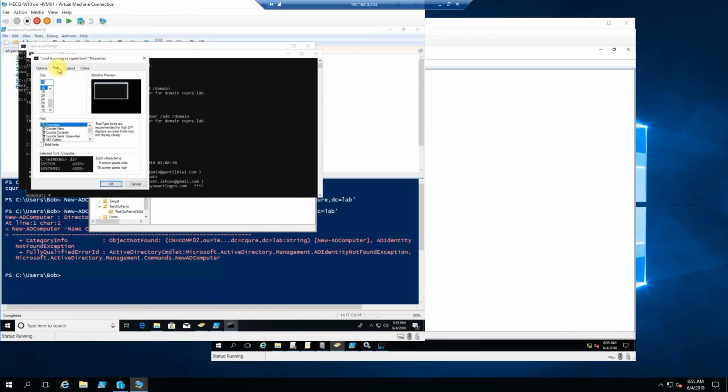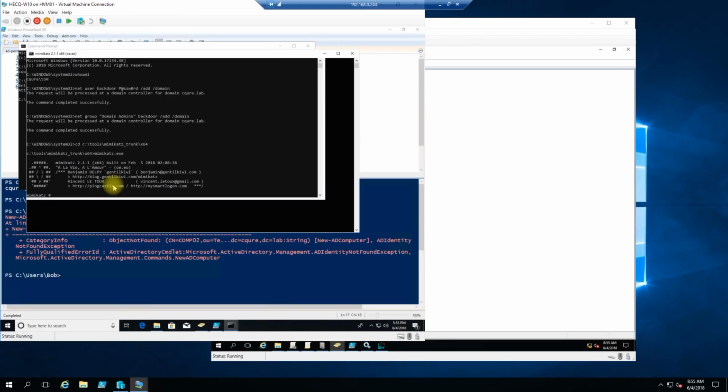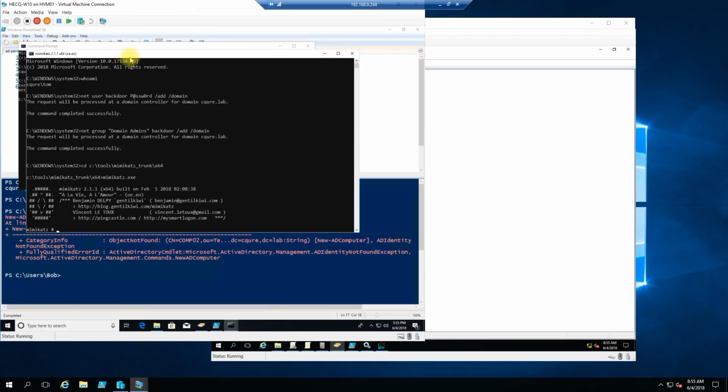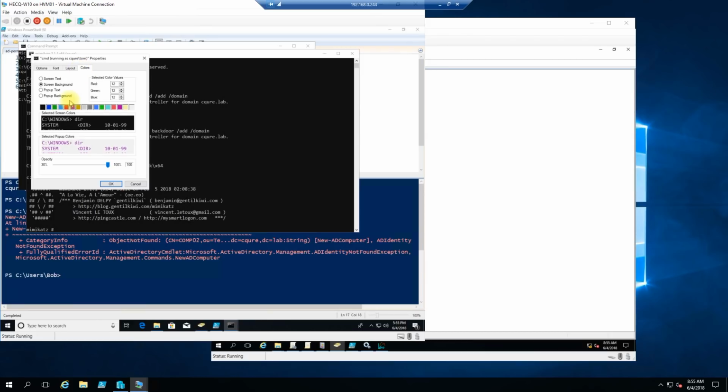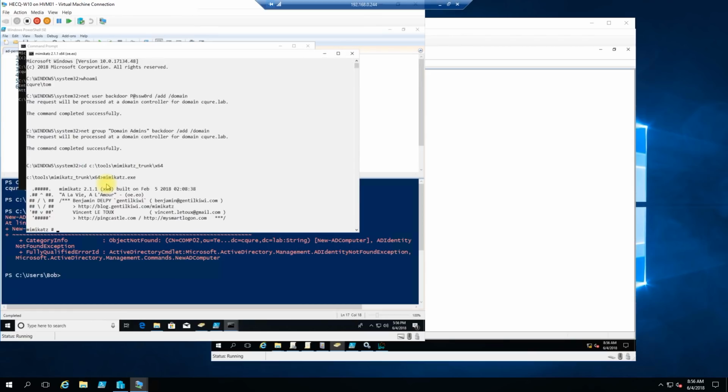Font 20 should be much better, and maybe I will change the colors. Much better. I will do lsadump::dcsync for user Tom